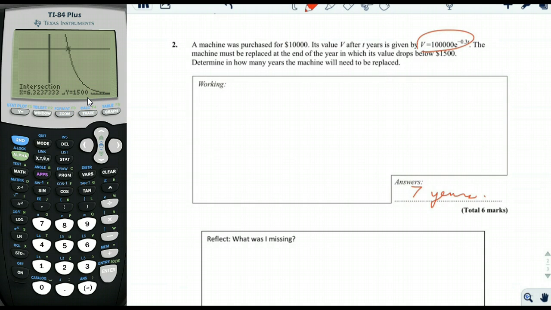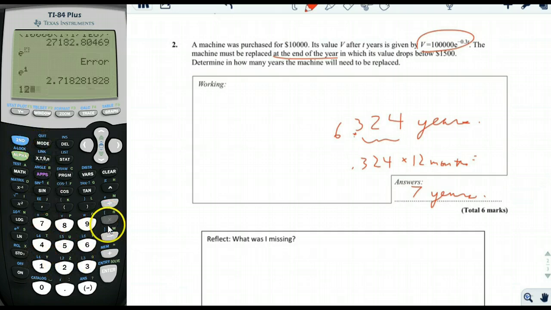So if we wanted to give an exact answer, in this case you don't because it says replaced at the end of the year, you could put 6.324 or 6.32 years. Okay? And just as a reminder, if they ask for months or something, you could take the fractional part of this. It would be 6 years and how many months? Well, to figure out the number of months, you could multiply 0.324 times the number of months in a year, which is 12, right? 12 months, and then that would give you